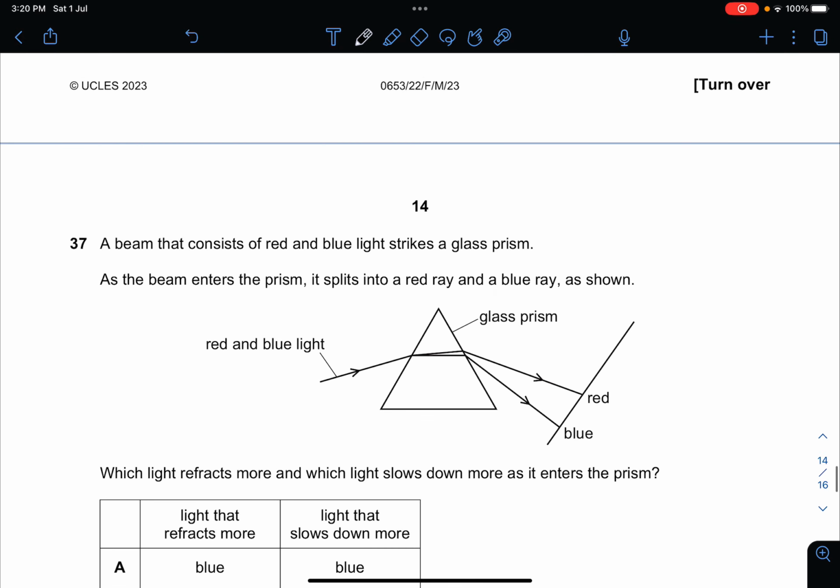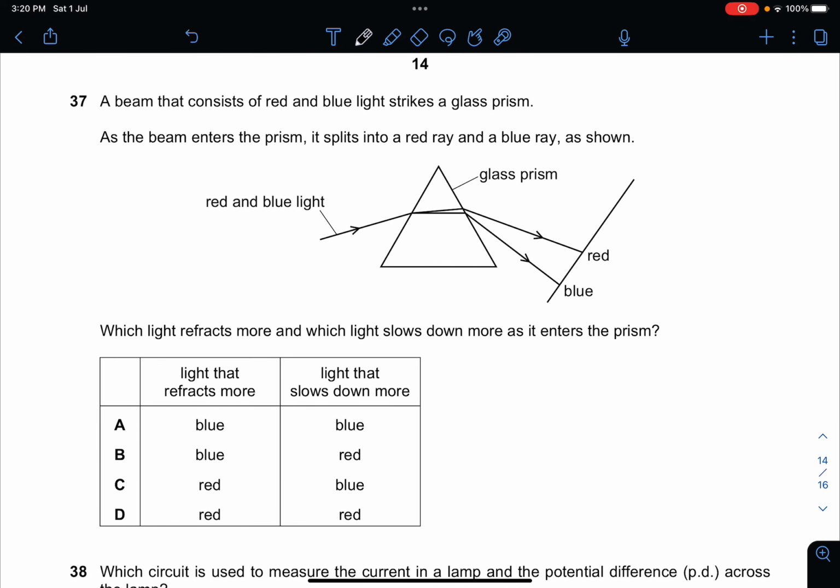Okay, a beam of light consisting of red and blue light strikes a glass prism. As the beam enters the prism, it splits into a red and a blue ray. Which light refracts more and which light slows down more as it enters the prism? Light that refracts more is the one that bends more, so it will be blue bending the most. And the light that slows down more will be blue also. Why? Because its frequency goes up and its wavelength decreases. Once its wavelength decreases, it slows down. So the answer is